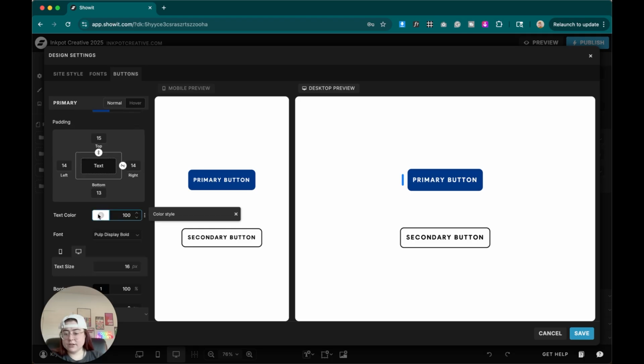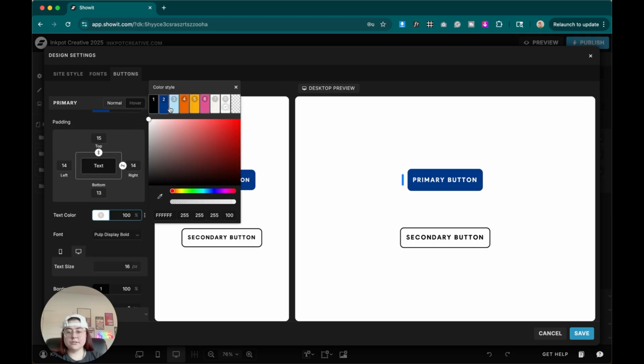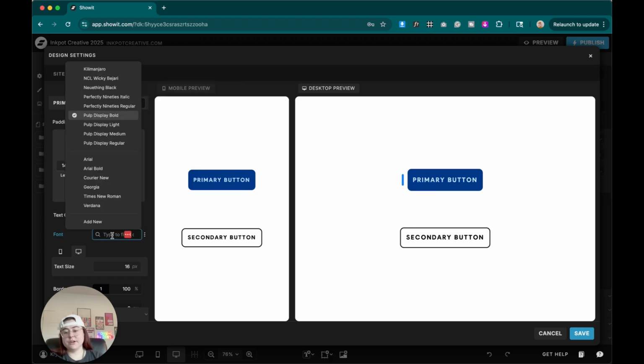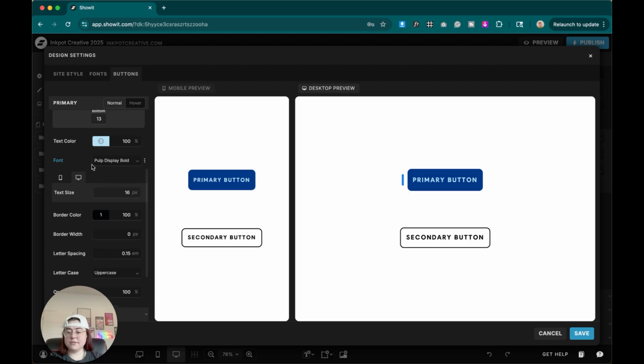Next, we have the text color. So we can come in here and swap it out. So maybe I wanted this to be light blue, so it's kind of the blue on blue. We can also adjust the font. So if there is something that you want, we can go through all of the different fonts that we have saved in our design settings and pick between those. And then again, we have text size, so we can come over here, adjust the text size. All of these too, we have the 3 dots option here where we can split mobile and desktop. So if there are differences that you want between the two, super easy to just click those and swap it